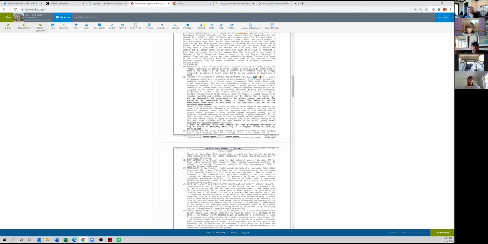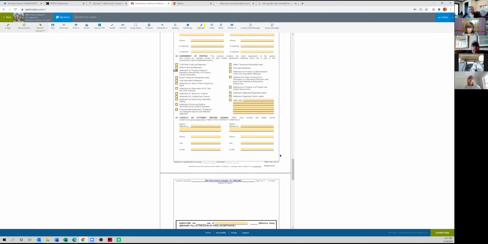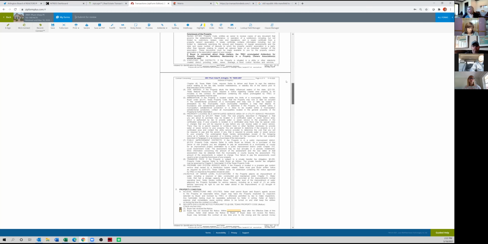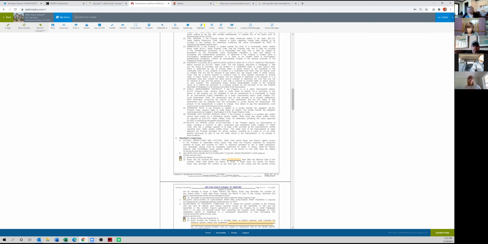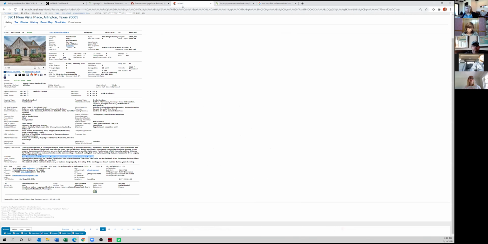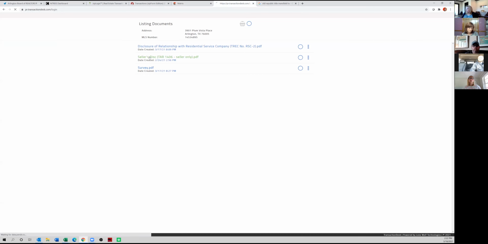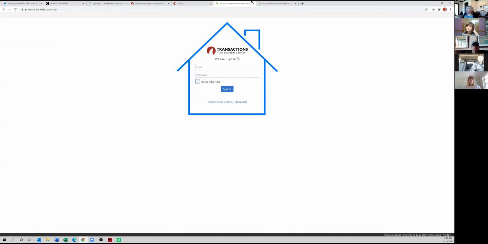Okay, membership in a homeowner association. This one, we're going to need to have the HOA addendum. I'm going to scroll all the way down now just to check that to make sure that I don't forget it. All right, so I have HOA, seller's disclosure. I have the seller's disclosure here, and they have already included this as well. So I'm going to, oh yeah,